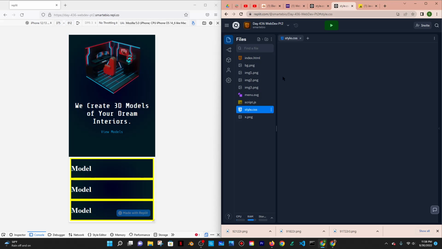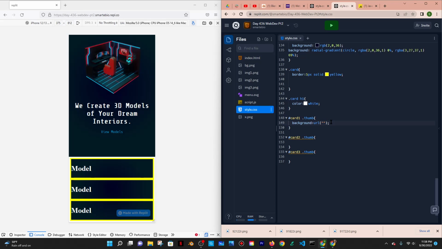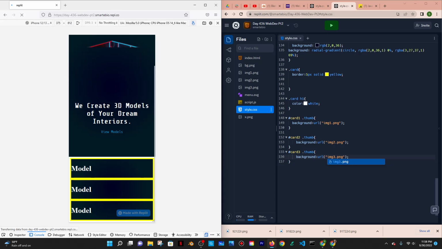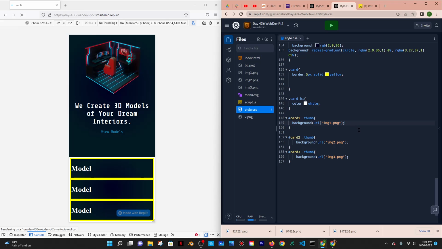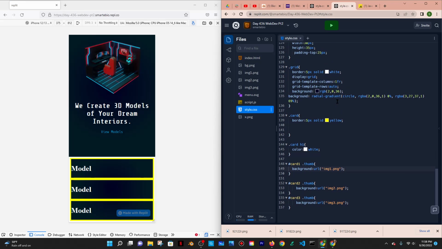All right, and then I'm going to go back to CSS and then just put this one to be img.img1.png. Let me do the same thing for this one. This one just changes to 2, changes to 3. We'll see which order we like best though. And it probably is not going to show up because I didn't give them a width and height. So I'm trying to think. If I want the cards to be a certain width and height, I could say, okay, well, the height could be,